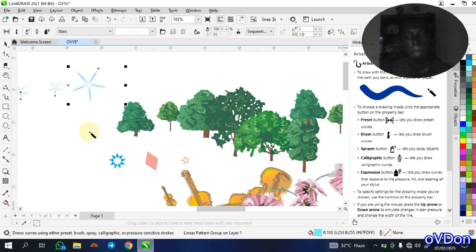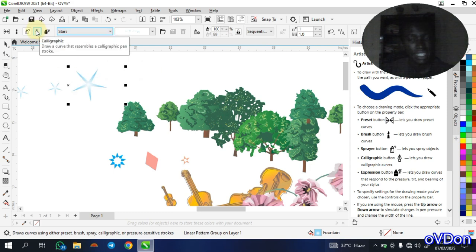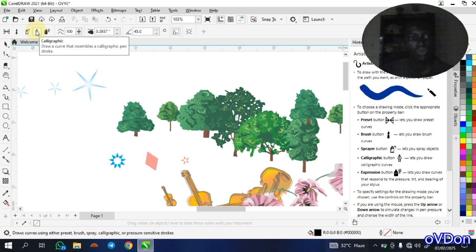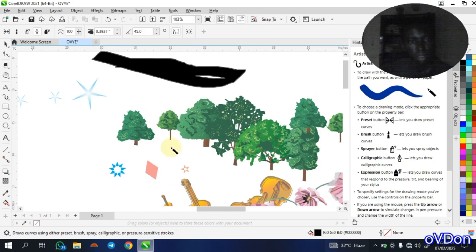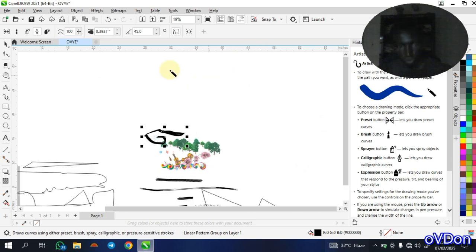Alright. Okay. So let's move to the next one under the same artistic media tool. This one is the calligraphy. You can use it. This one is used when you want to write. Let's take for instance you want to write in calligraphy. Let's say you want to write O